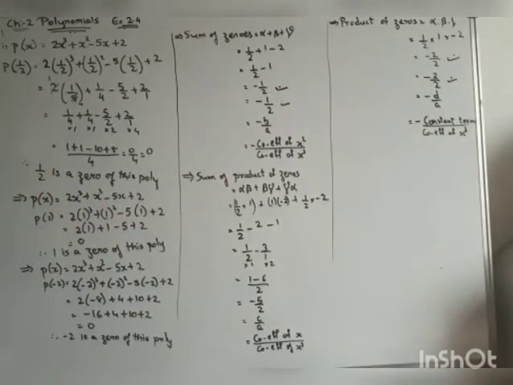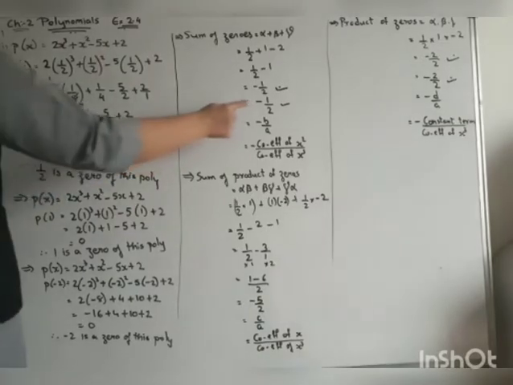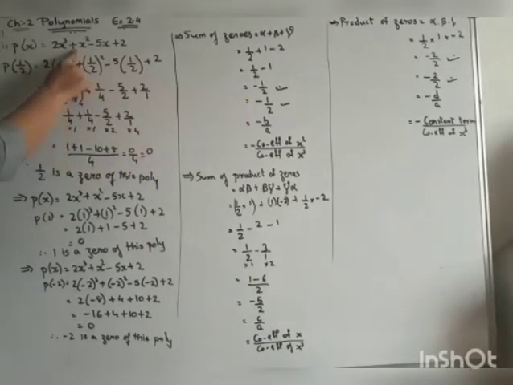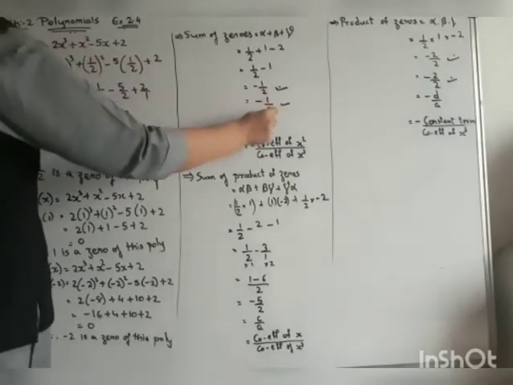Now children, I have already explained the formula for the sum of zeros of a cubic polynomial. Here we can see this is a cubic polynomial. For a cubic polynomial, the sum of zeros formula is minus b upon a. So first of all we write minus, and we write b. Now children, here you can see what a is: a is 2, b is 1, c is minus 5 and d is 2. So we know that it is minus b by a. So we will write minus b is 1, a is 2. So we will write minus 1 by 2.